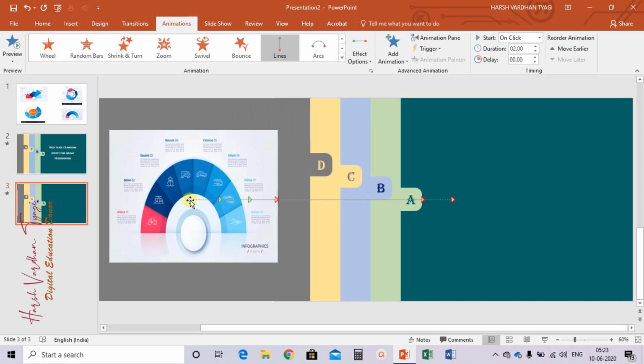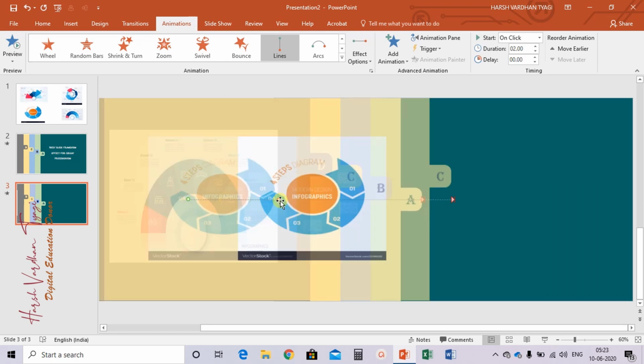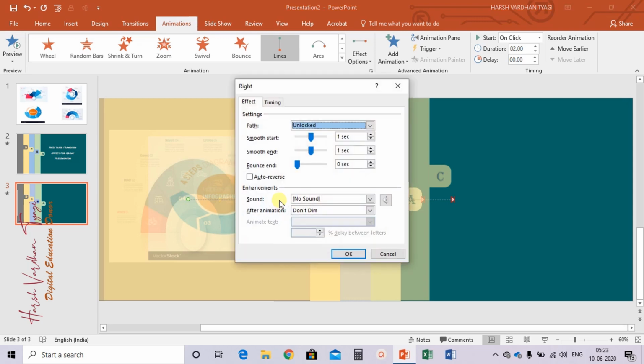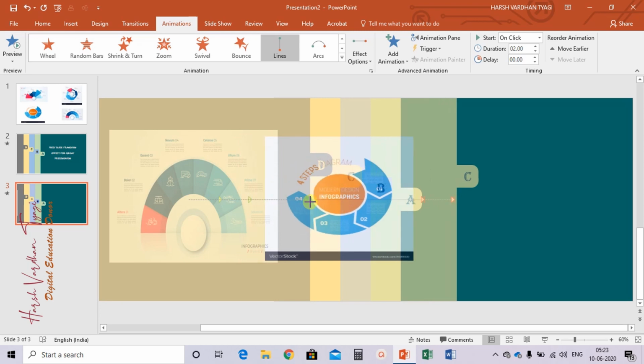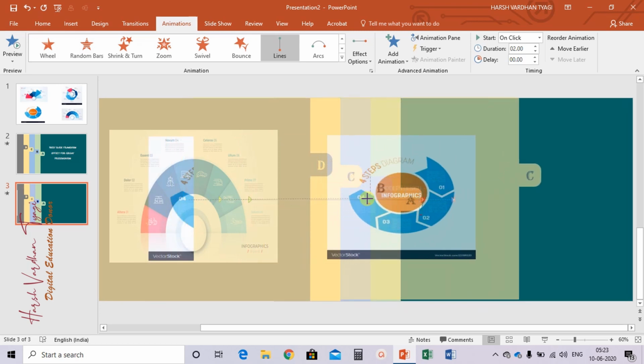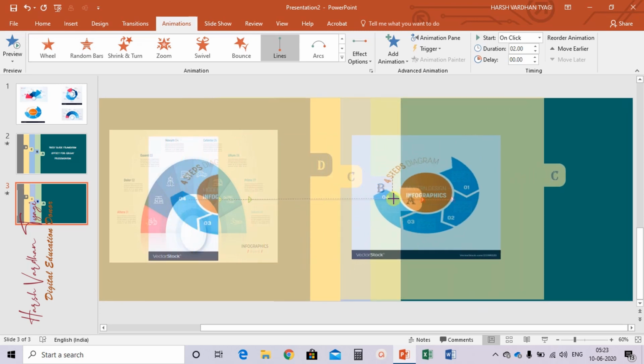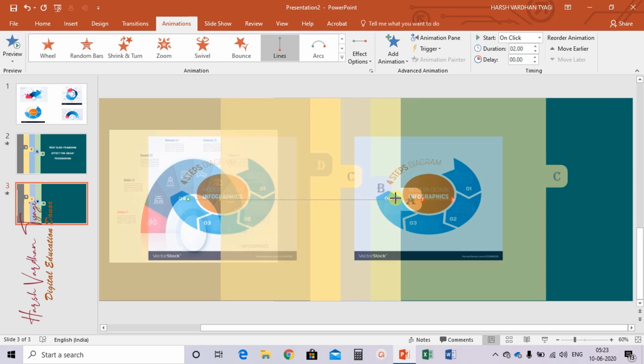Now click on this last arrow, now select this and drag it to the right side. This way. Select the duration 1.25 seconds.